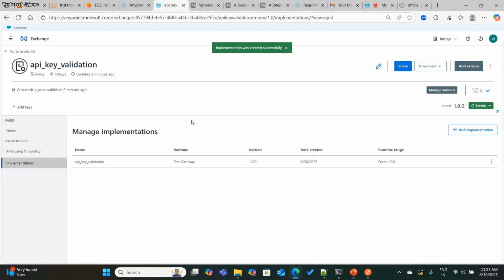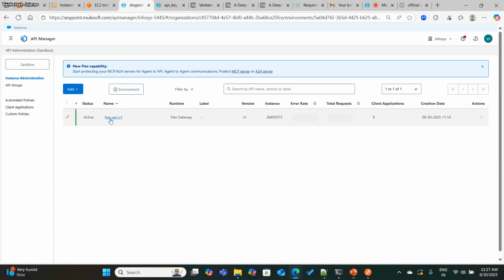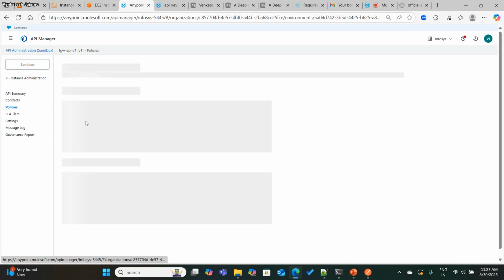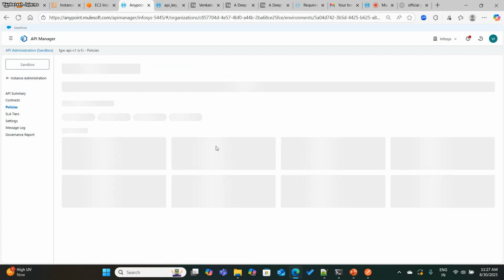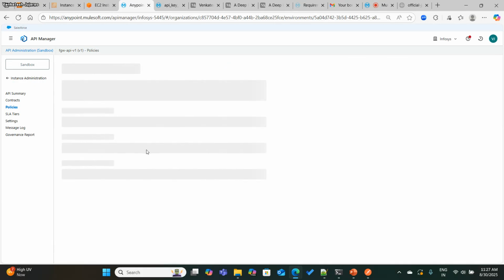Okay. So now we have created our custom policy, so asset as well as implementation is available. So what we'll do, we'll apply that policy to our API. So I'll go to my API manager. This is my API. I'll go to policy, add inbound policy. On top itself, you will see the new policy has been added, custom policy. We have created it newly, that's why on top you are seeing it by default, or else we have to browse through it. Select it, go to next,